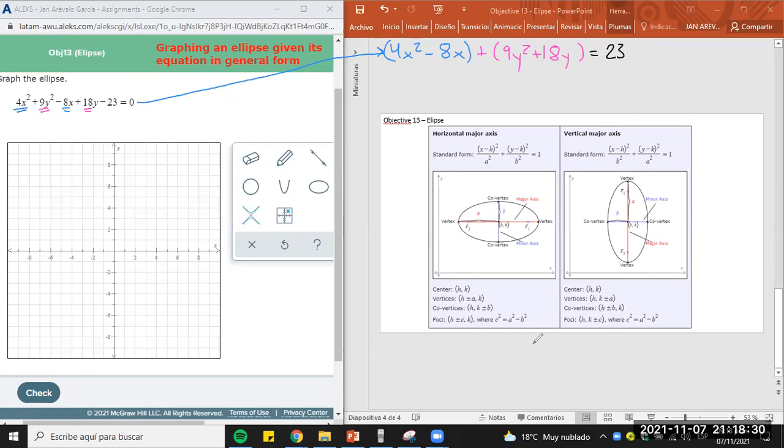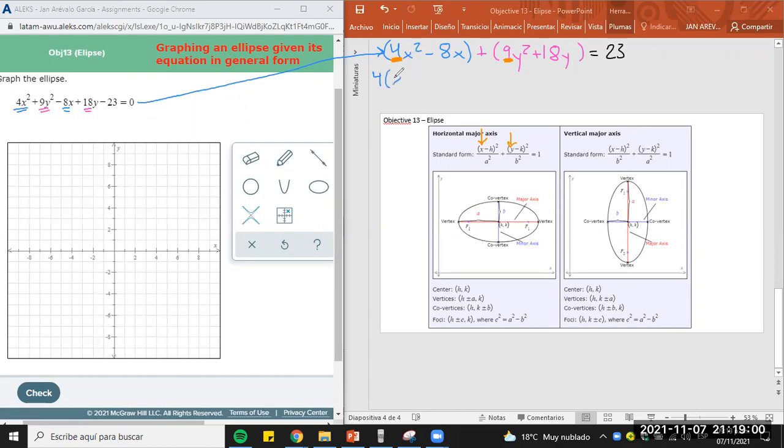Now, look at the formulas. The formulas have the x and the y. It doesn't matter if it is horizontal or vertical. The x and the y have coefficient 1, so we don't want these numbers in here. We don't want the 4 with the x squared, and we don't want the 9 with the y squared. So we are going to take those out by factoring